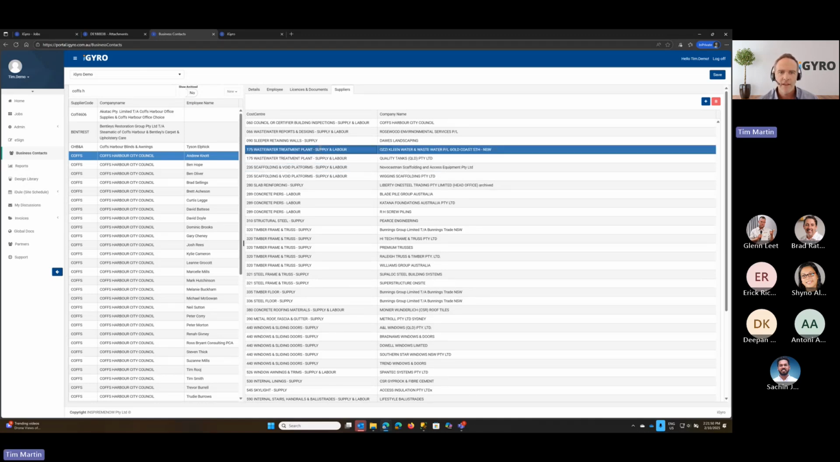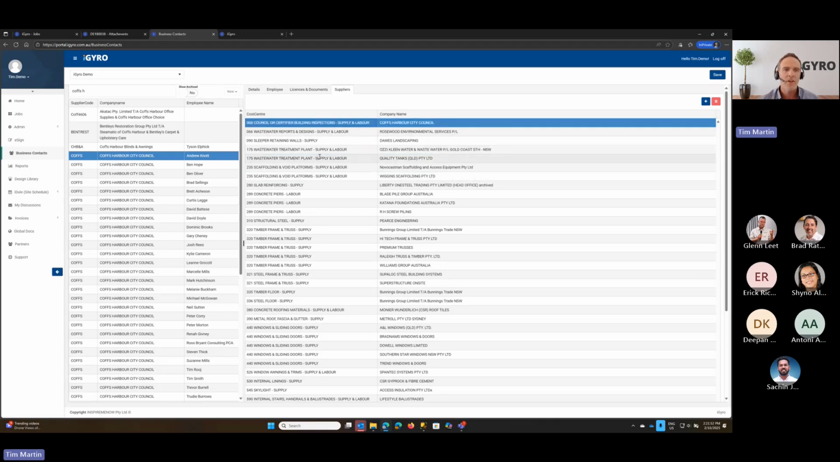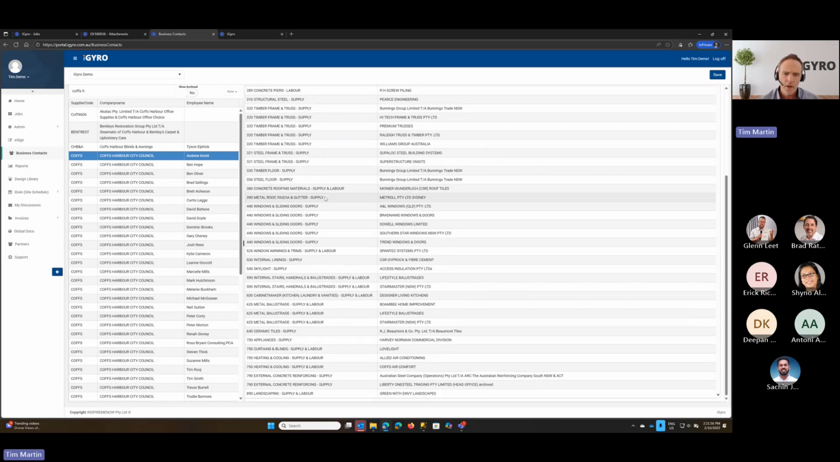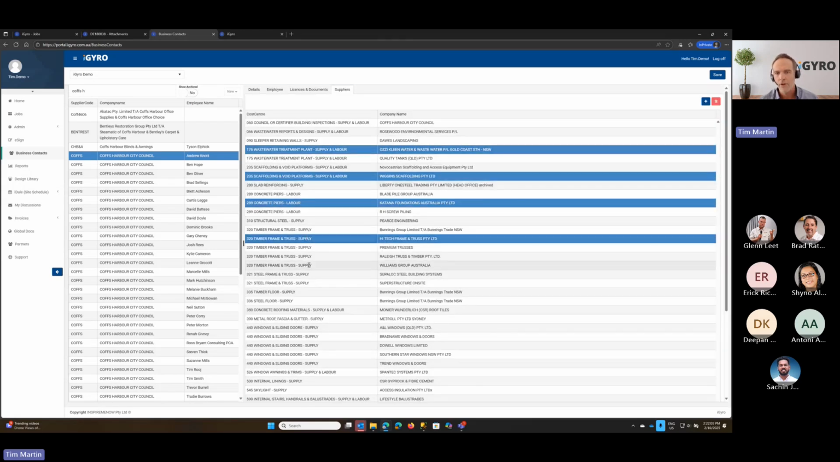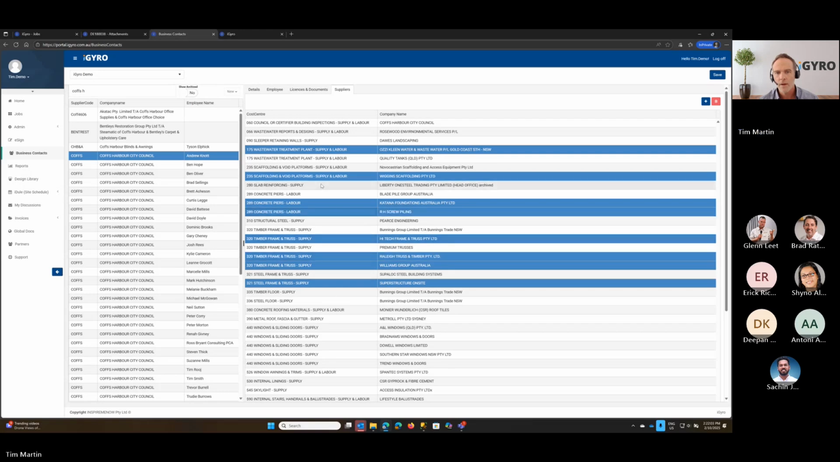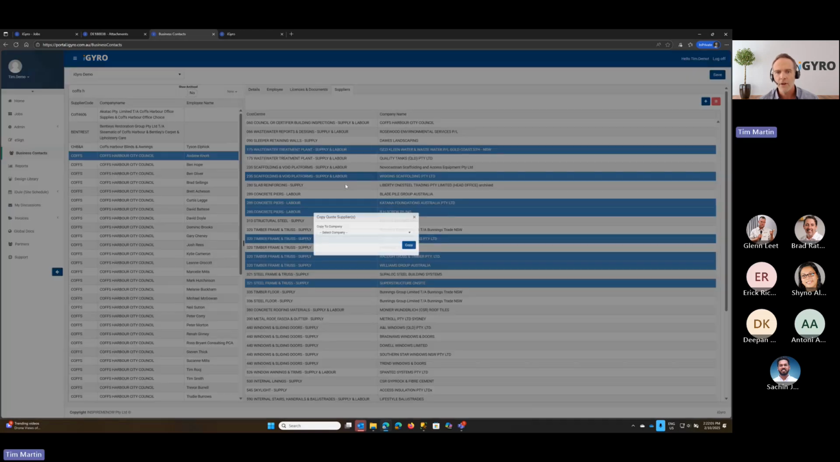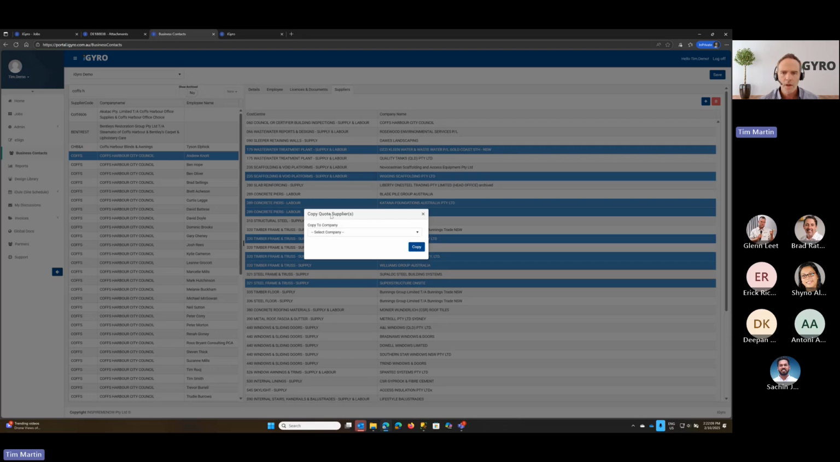So we can copy and paste these. So once we set up one consent authority, we can easily copy them to another council. So we can shift click all of those, or we could cherry pick by control clicking, right click and copy suppliers. And it will ask us where we'd like to copy these to. And I'll just choose our